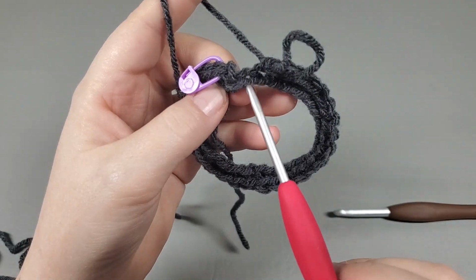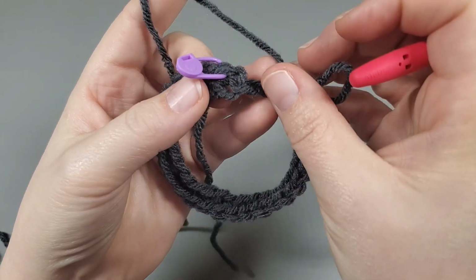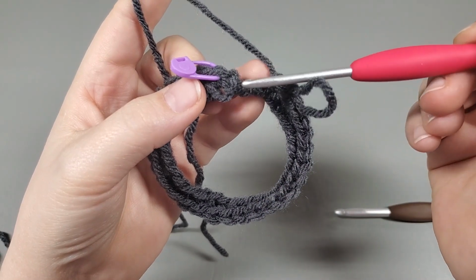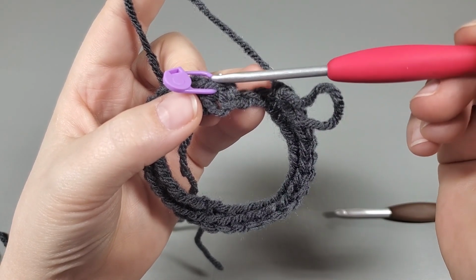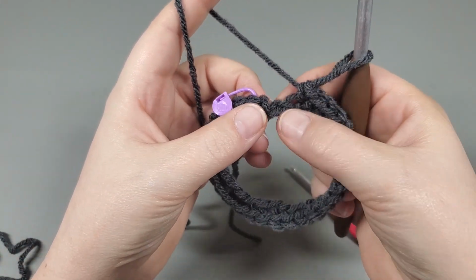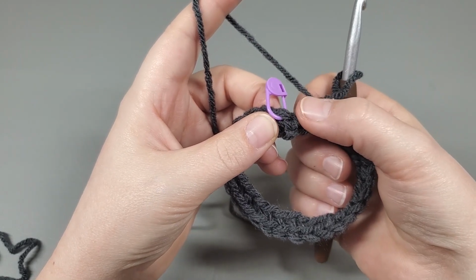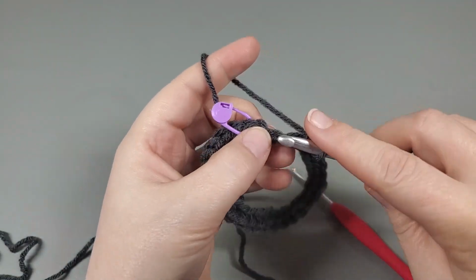So right here is my last chain that I need to single crochet into. Okay, but if you look, see that bar right there, right on the side? That's our slip stitch. And then right up here, this is our chain 1, and here's our first single. So I don't want you guys to think you have another stitch or another chain to go into, because I have one more chain right there, slip stitch, the little heart right there, that's my chain 1, and there's my first single. All right, so I'm going to go ahead and work that last single,